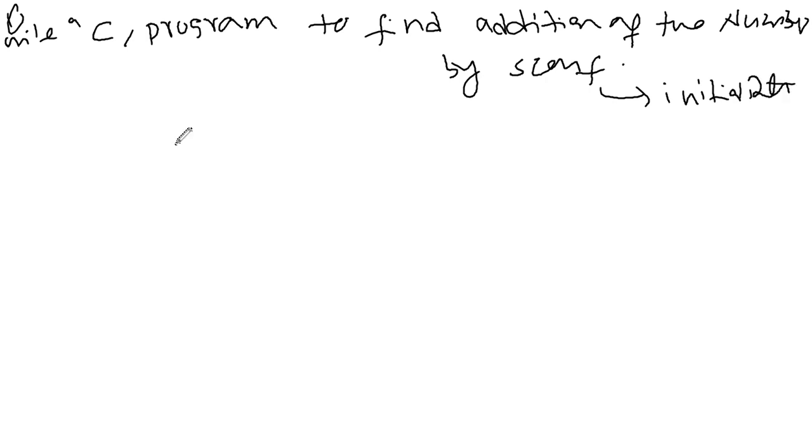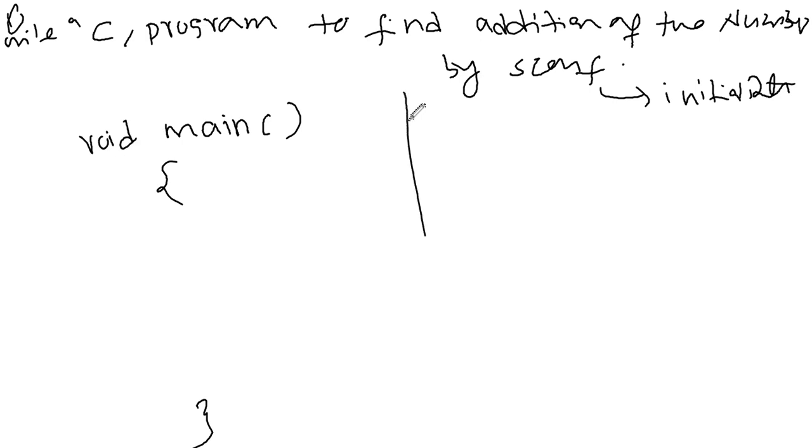So what is the first step? Main. Open curly brace, close curly brace. I am not returning anything, so I am using void. Here, which type of values are you trying to give? It may be a numerical value, so I may use int for two values, right? A comma b. I want to store the result in another variable, so c.